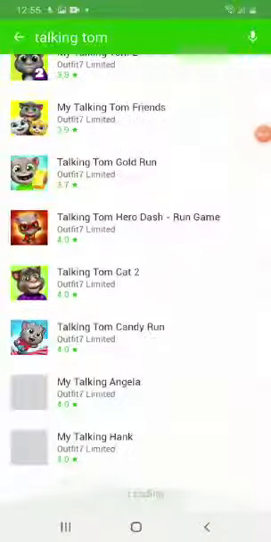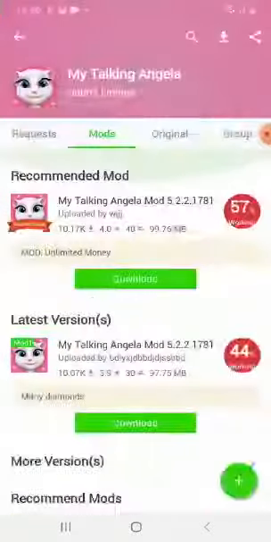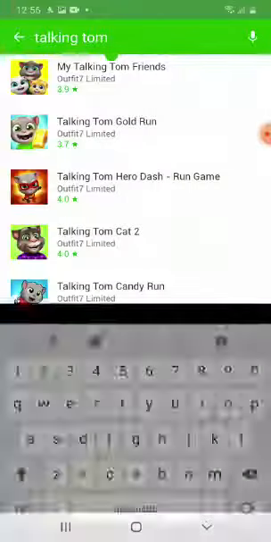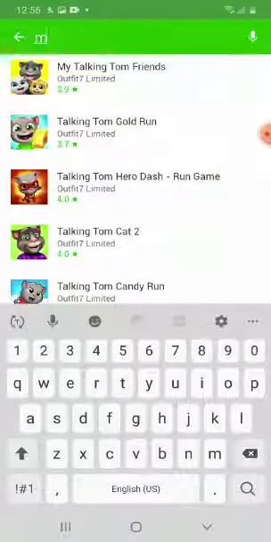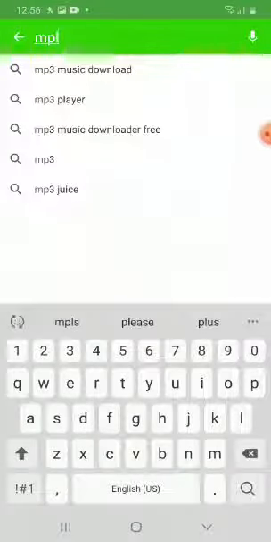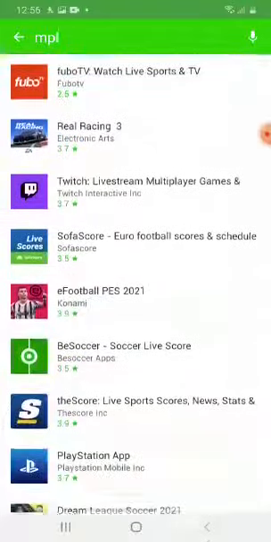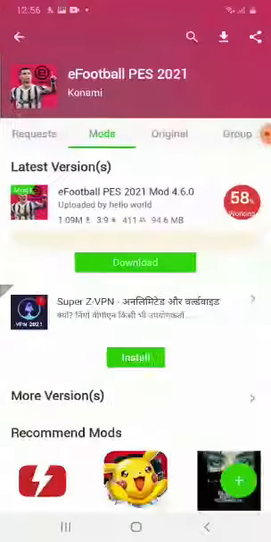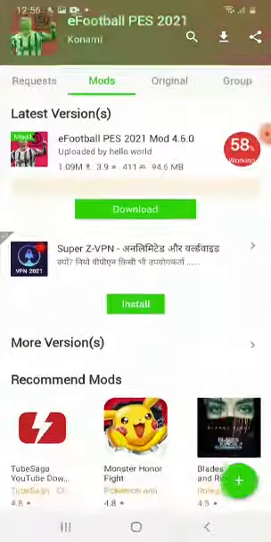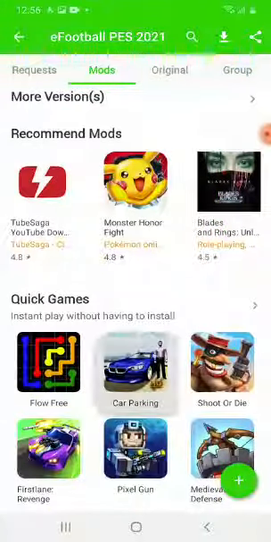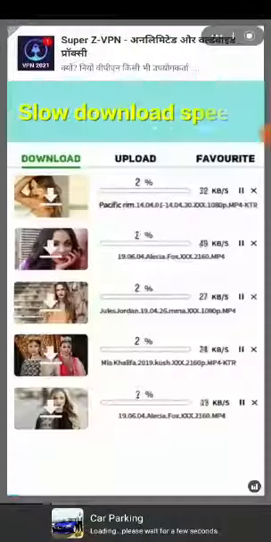Each and every game has the mod and original version also. Like the way here we can search for games like eFootball Soccer. You can get the mod versions also with unlimited money, like Car Parking with unlimited money.